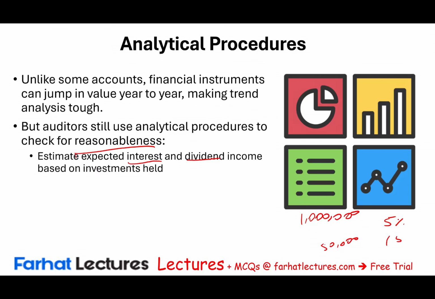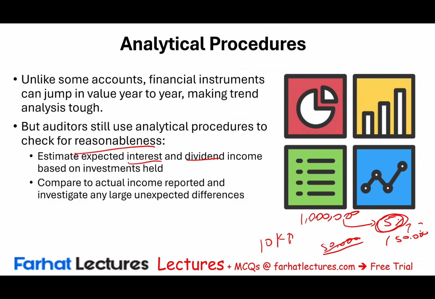Well, if the interest income is $150,000, you would question that because that's unreasonable. If the interest income is $10,000, you also need to question that because if they have $1 million worth of bonds and the average interest rate is 5%, that's going to be around $50,000 in interest income. Dividend income is the same. You would look at what stocks they have. If those stocks pay dividends, that information is publicly available, and you can estimate this number before you actually get the number. So then you compare the actual income to the estimate,